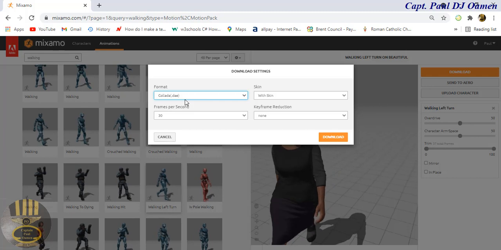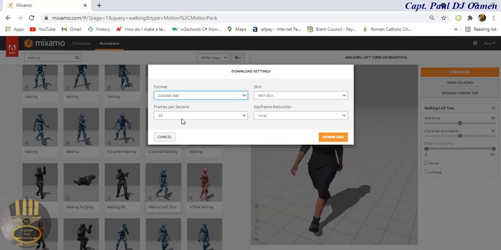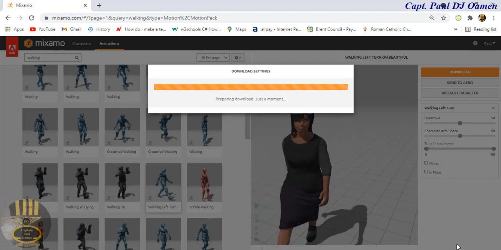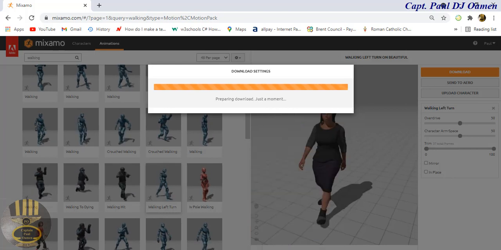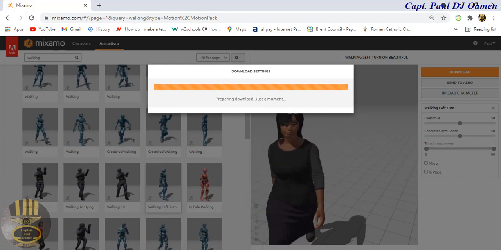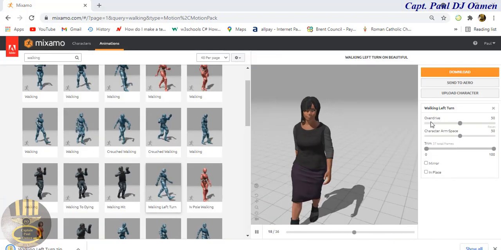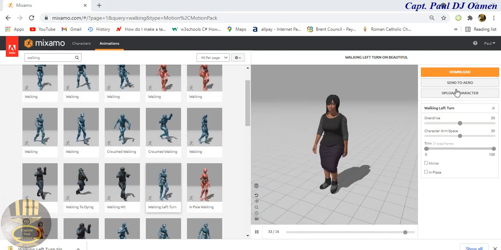Right there, click on download. That will go straight into your download folder. Download completed. I'm going to have to download it again because that would have downloaded with the skin,